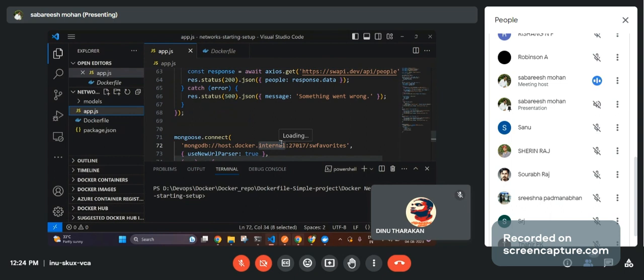Now this particular URL, mongodb://host.docker.internal, that we added since my Mongo was running inside my host machine. Now what happened? My Mongo is running as what? My Mongo is running as a container now. Now how will my Node.js go and talk to my MongoDB? What should that URL be? Container name. Anyone? Which container name? MongoDB container name.